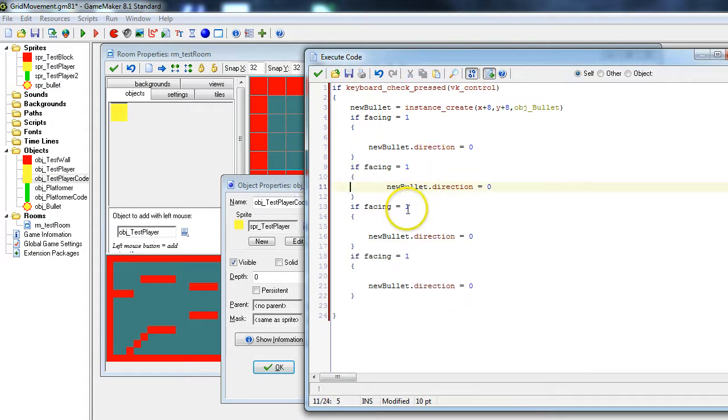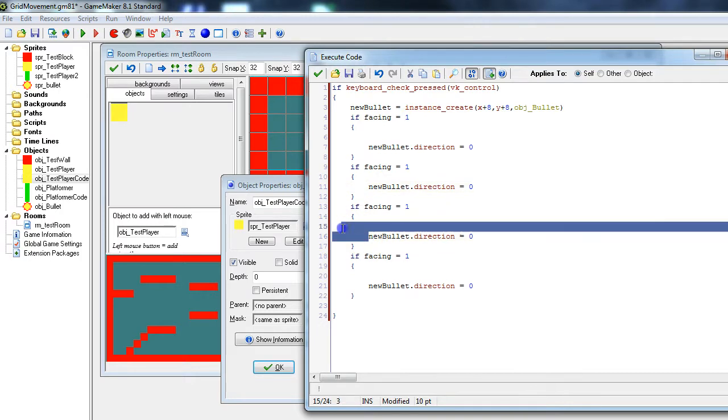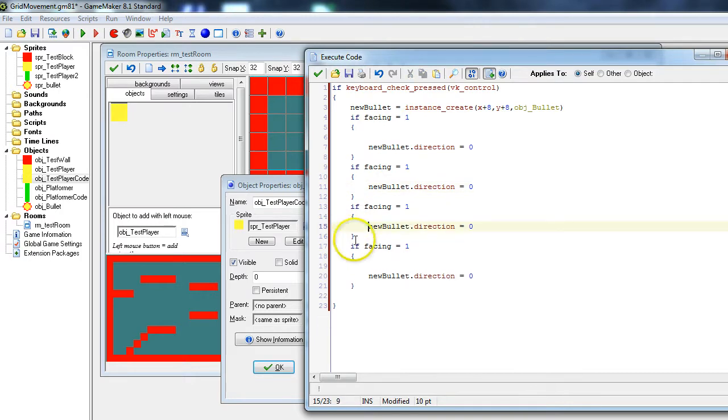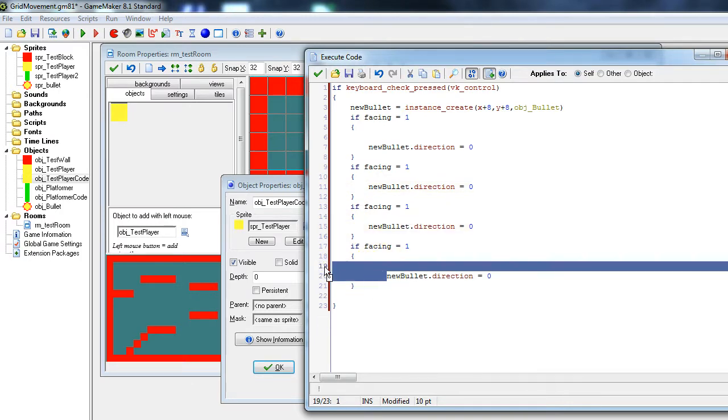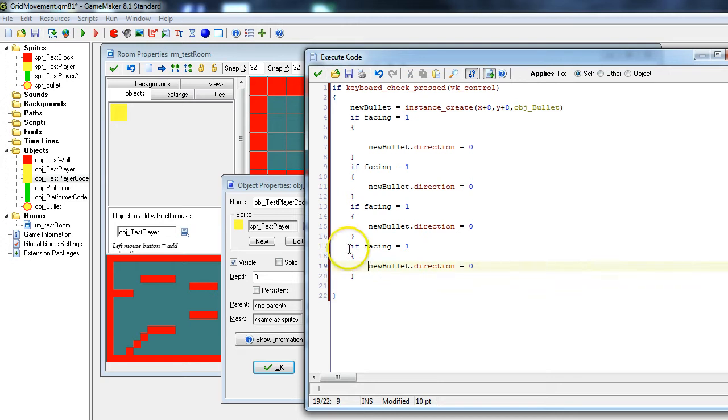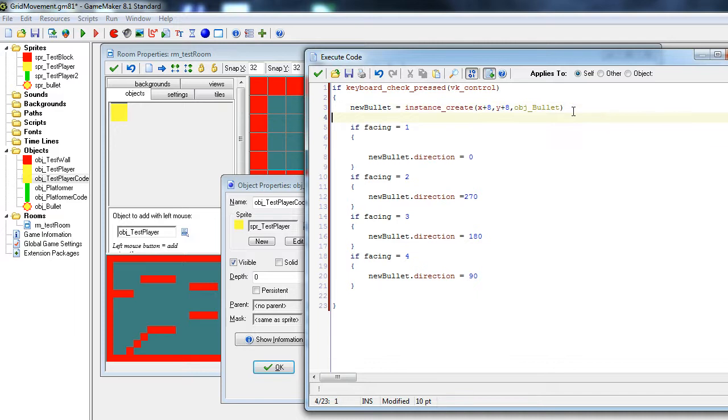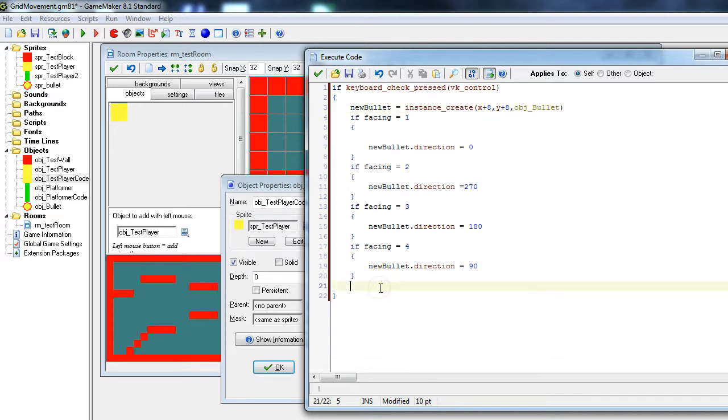So there's sometimes no need to have a whole lot of code in there. So if facing equals 2, that's down, so that's 270. If facing equals 3, that's 180. And if facing equals 4, that's 90. And the next thing we want to do is right at the bottom, after we set that, new bullet dot